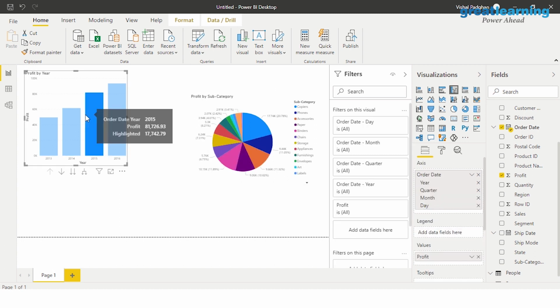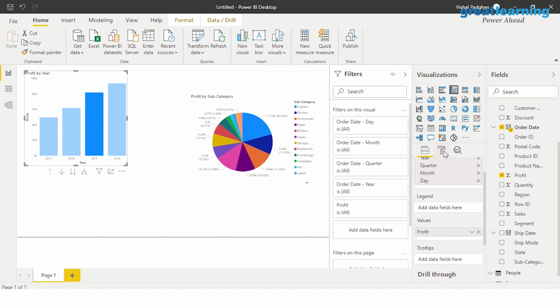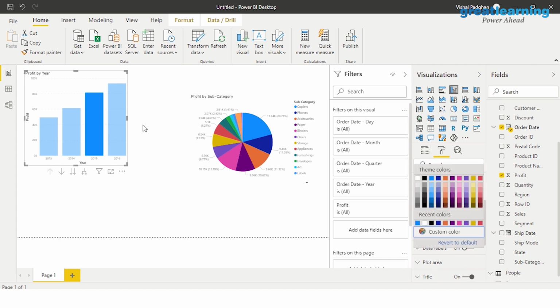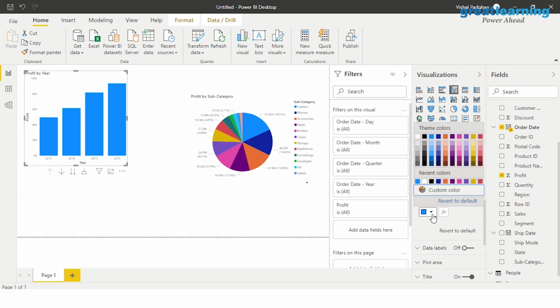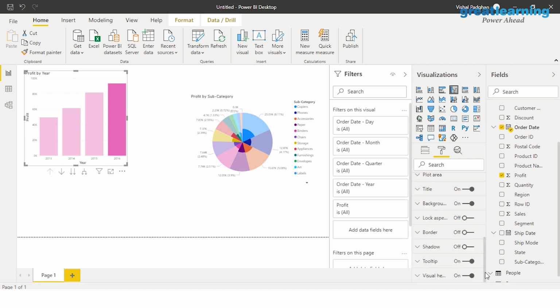Again, let's assume that you want to play around with the colors that you have. You can do that. In the axis, you can again play around with a lot of stuff. We'll drill down further, but for now, let's just come here and let's play with the data colors. Can I change colors? Let's assume that I want to have a different color for my graphs. If I select this and change a color here, let's say I want it pink. So all of this will change or have a different color, and you see all of it is reflecting here. Apart from that, if you want to do other things, you can actually go ahead and play around with it. Do you want borders here?